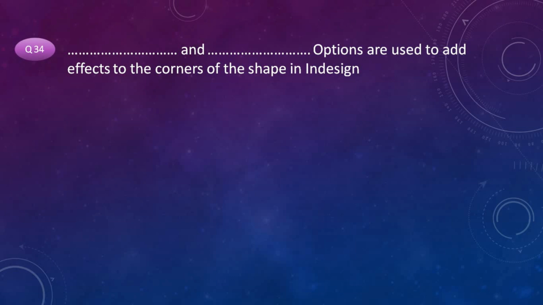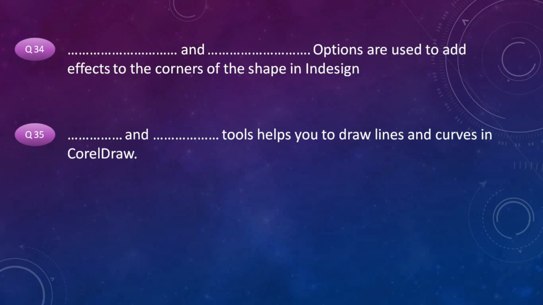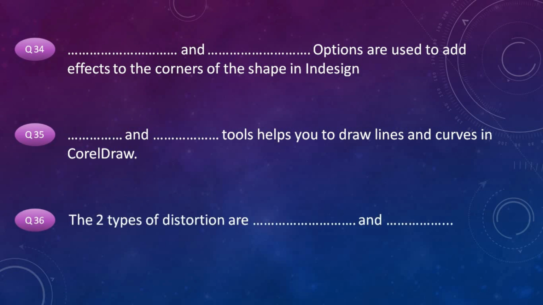Dash and dash options are used to add effects to the corners of the rectangle shape in InDesign. Next one. Dash and dash tools help you to draw lines and curves in CorelDRAW. The two types of distortion are dash and dash. The answer for these questions,